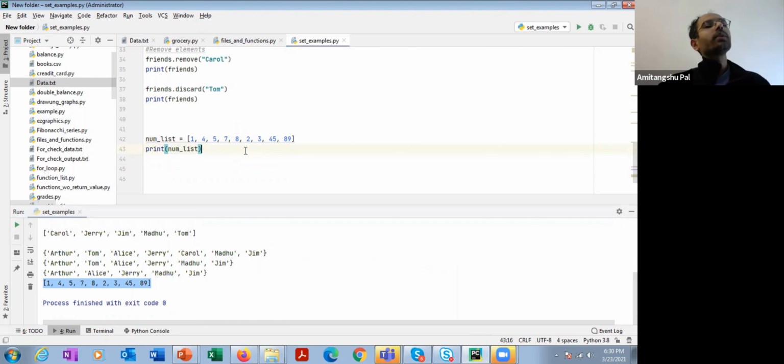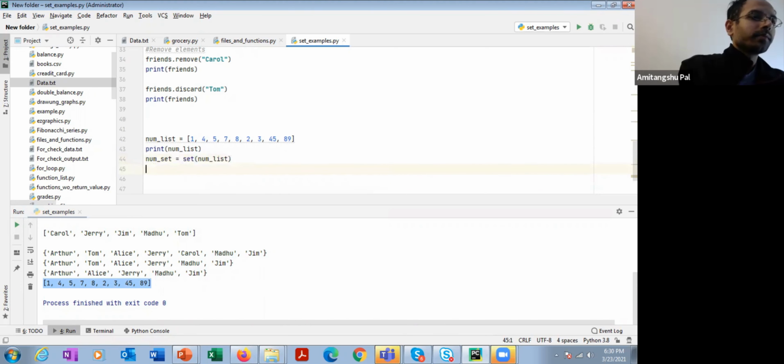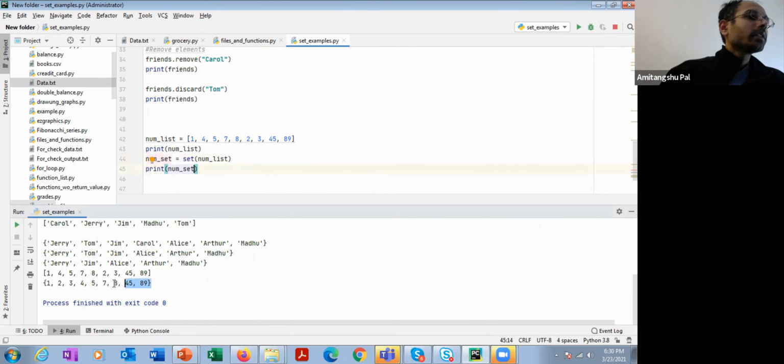Now suppose I want to convert it to a set. What can I do? There is a function called set, and you need to pass the list inside this set function, and this is going to return a set. Okay, let's see. So we'll see that this is going to return a set.